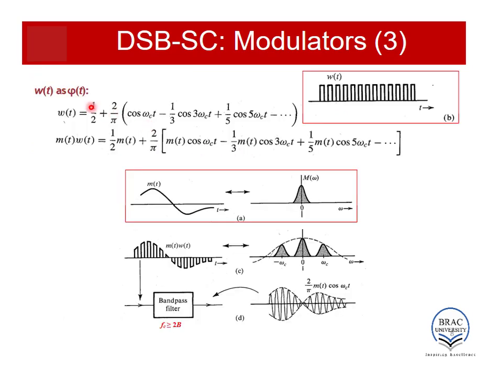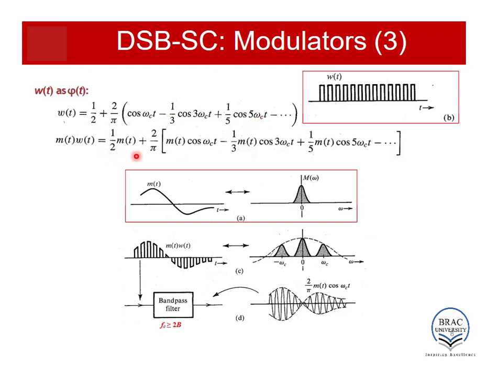So in our case, phi t will be Wt. Wt is indeed a periodic signal which has the fundamental frequency of omega c. As you can see, in the Fourier series expansion of Wt, there are components having odd multiples of omega c: cos omega ct minus 1 by 3 cos 3 omega ct plus 1 by 5 cos 5 omega ct. When the message signal is essentially multiplied by Wt, you can see each of these components are getting multiplied by